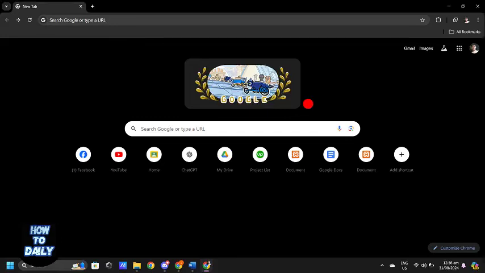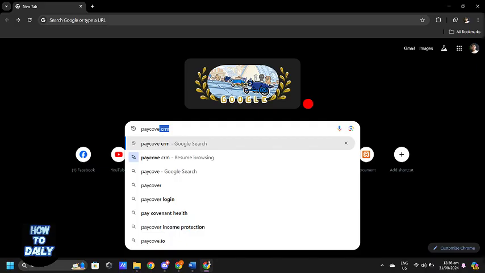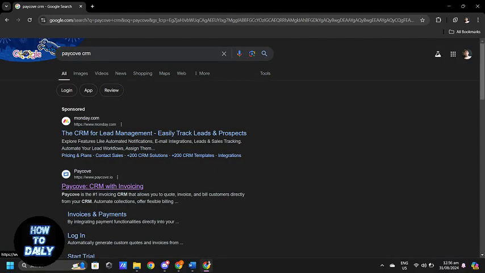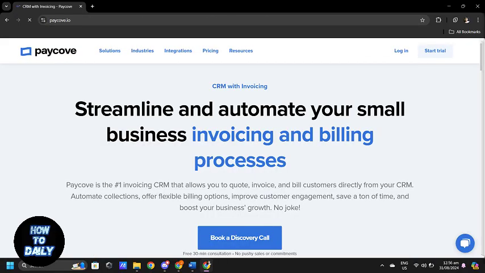If you are using PayCove to manage your invoices and payments, today I will show you how to send pay invoices quickly and efficiently. This is a great way to streamline your billing process and get paid faster. Start by logging into your PayCove account, and once you're on the dashboard, navigate to the Invoices section where you